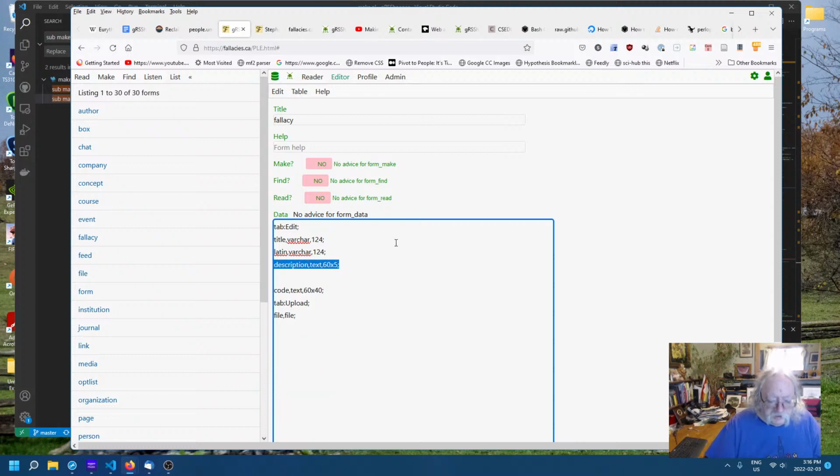Similarly, I can have a definition, and actually maybe I'll put the definition above the description, and I'll even put the proof above the definition. So proof. Okay. And now this is going to be 60 characters wide by 5 rows deep for each of those. And then I've also included a way to upload files because I might have image files that I want to load along with these